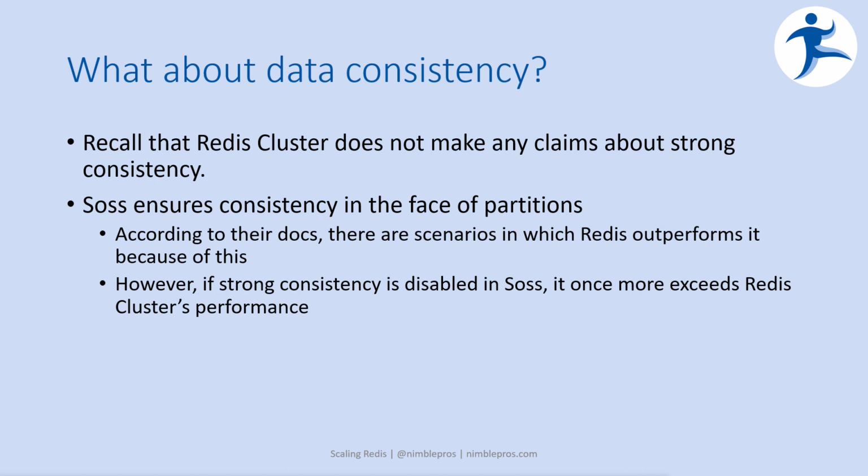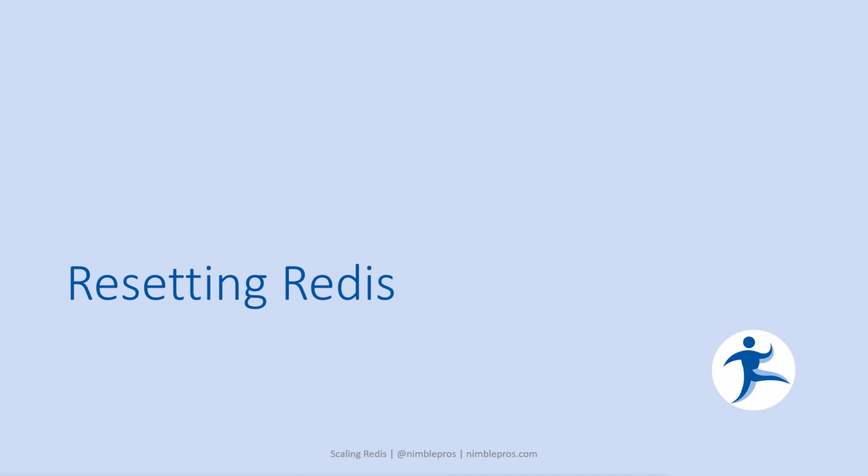All right, now here's a quick bonus content for those of you that want to do your own tests. It can be very valuable to be able to remove a cluster that you've just configured for Redis, and you don't necessarily want to re-provision the VMs from scratch in order to wipe them clean. You just want to be able to take your Redis instance that already has the software installed on it and take it out of the cluster, and then be able to add it back to the cluster and have everything start fresh, right? And so if you try and do that by just setting cluster enabled to no, and then